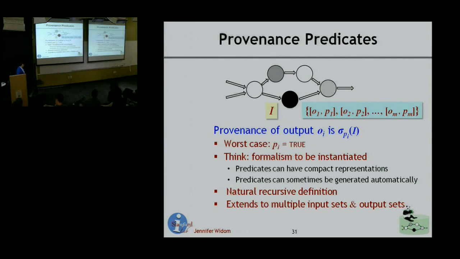Yeah? I'm a little confused about one thing. To me, it would be more natural to express the output as a function of the predicate. The function goes this way. The predicate finds the data. But yes, if you can invert the function, that's more like a tracing procedure. If this is running a function and that function is invertible, then you could just have this backward tracing. The thing is, it's not always invertible. And then the other thing is you said that if there were multiple inputs, you had a separate predicate for each one. But